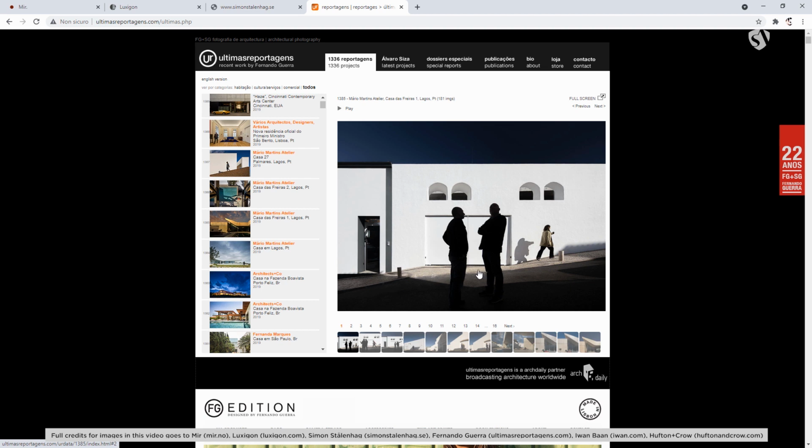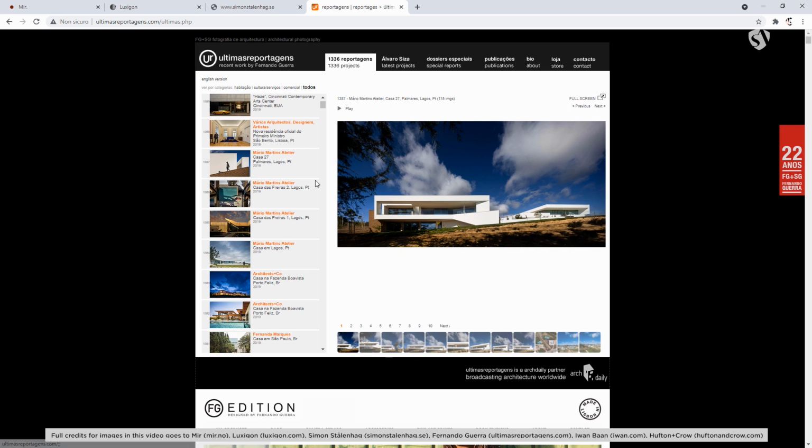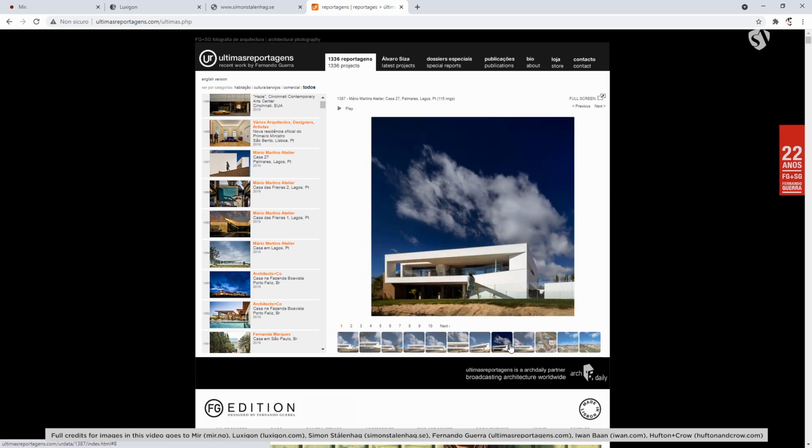The thing is, he used people as a part of the story, and this is great, this is incredible, because then buildings are made for people. And when you look at the building itself without anyone around, sometimes you feel not inside the picture. So the fact that we have someone there forces us to feel you are there, and also